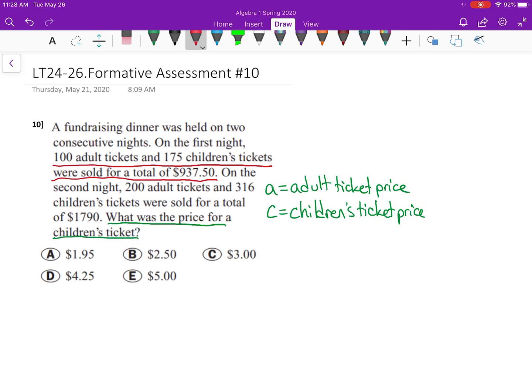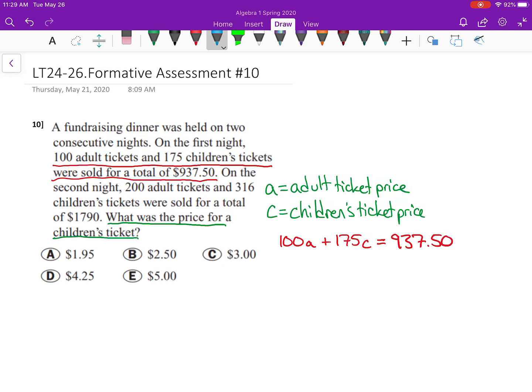I should be able to write an equation to model that first night by writing 100 times A, which is the price of an adult ticket, plus 175 times C, which is the price of a children's ticket. And I know that if I add all the money they made from adult tickets and children's tickets, it should equal the money that they brought in, which was a total of